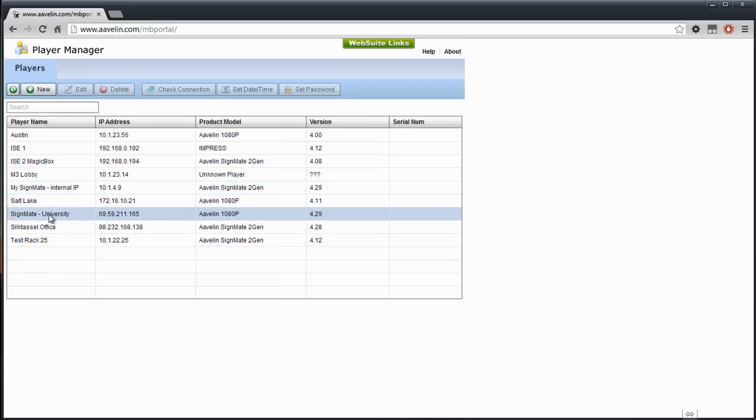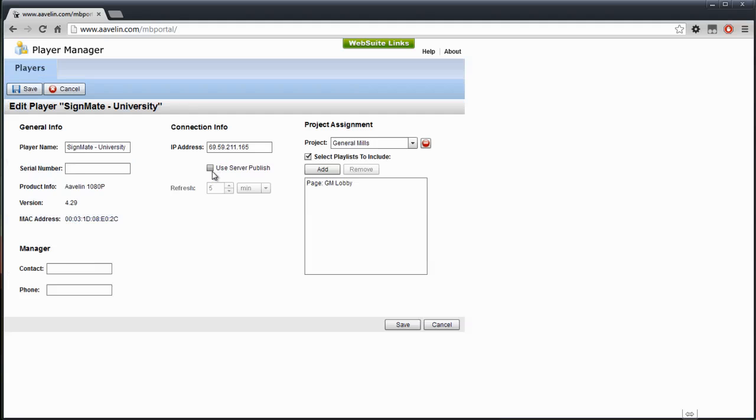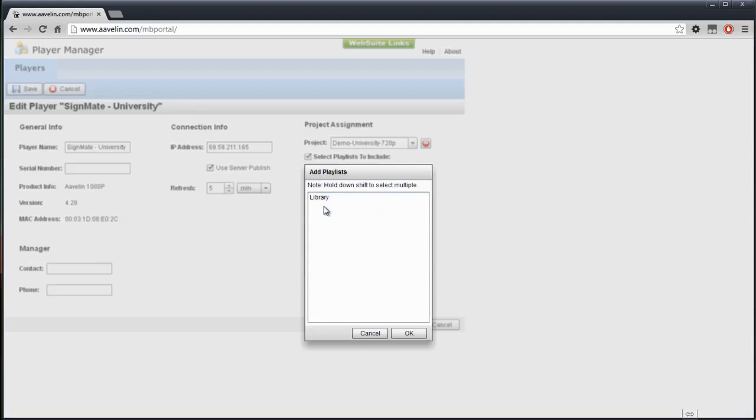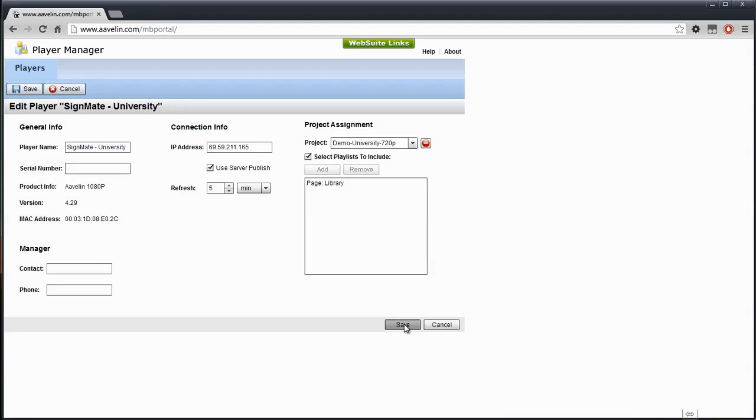We'll have our Avalon SignMate right here for a university setup. And typically this is unchecked when you first add your player unit. So what we'll do is we'll check use server publish. We'll set our interval. We'll keep it at 5 minutes. And then we're going to come in here and choose the project at which we want to have it pull from. And there we go, and any playlists added to that, and we'll choose our library because this is our library unit, and then we'll hit save